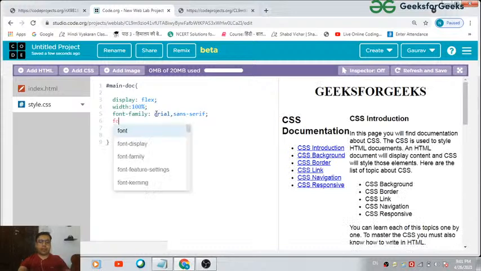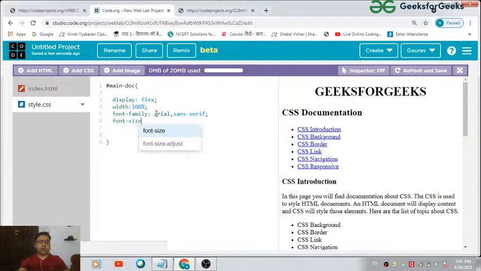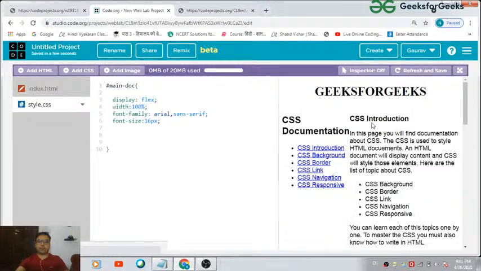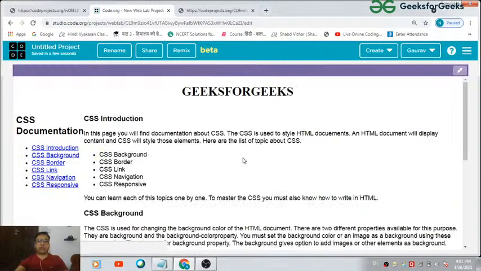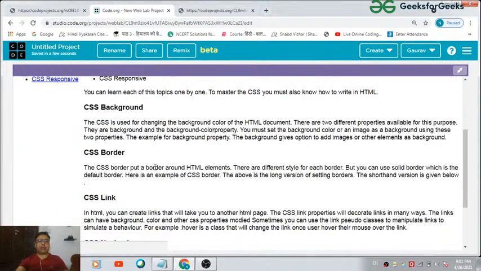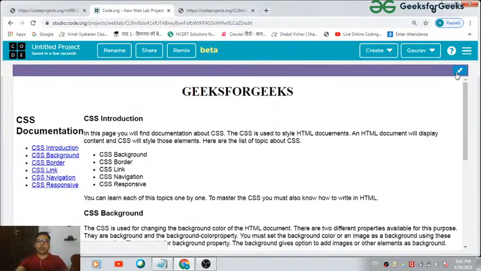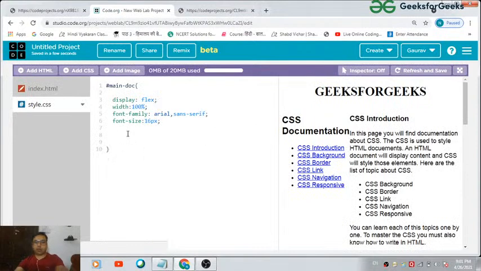use. Then font size also I would like to define. So I would like to have a font size of 16 pixels. I think this is going to work. Yeah. So this is how at present the web page is looking like. Right. Okay, let's now customize the appearance of